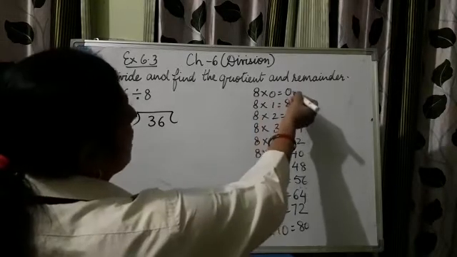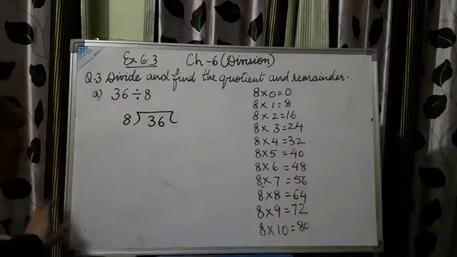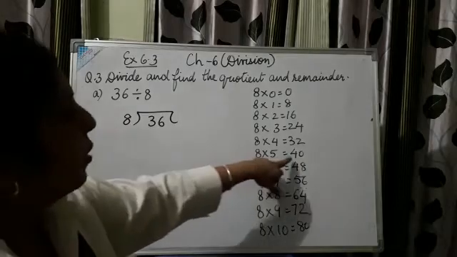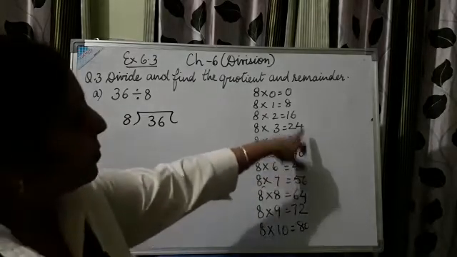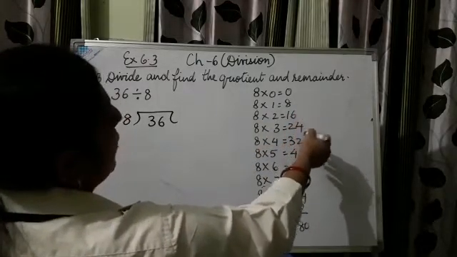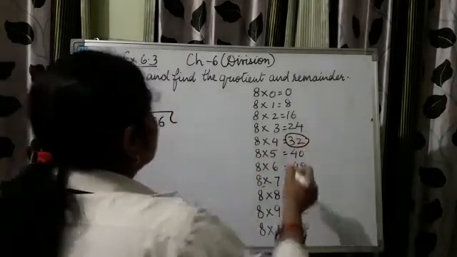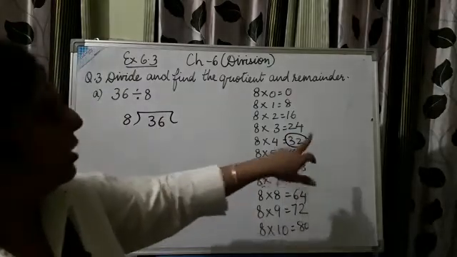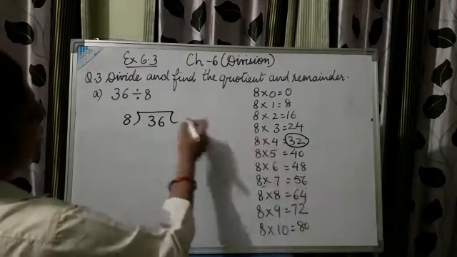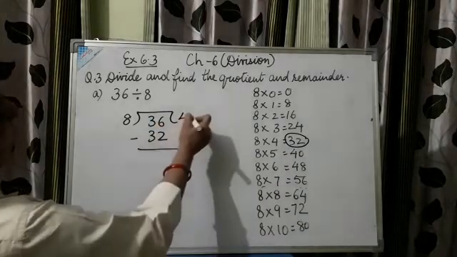We have got 8 zeros are 0, 8 ones are 8, 8 twos are 16, 8 threes are 24, 8 fours are 32, and 40 and so on. We cannot pick 40 because it is more than 36. So we are going to pick a number from the lesser category: 8, 16, 24, 32. But we will pick 32 only because 32 is lesser than 36 and also nearer to 36. We cannot pick the other numbers for doing the division. So it is falling on the 4th place. I have written 32 here and 4 as the quotient.